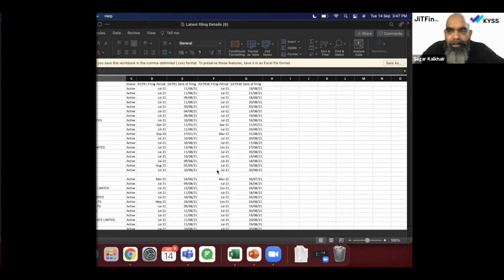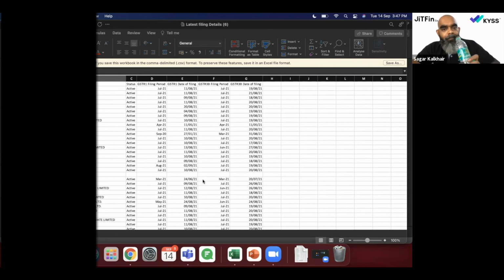So there's this conversation on reconciliation between my purchase register and GSTR 2A versus GSTR 2B, right? Right now we do this with GSTR 2A, but we have found a lot of people saying GSTR 2B is the one which is more relevant here. So any thoughts on that you guys have, feel free to put in here as well.